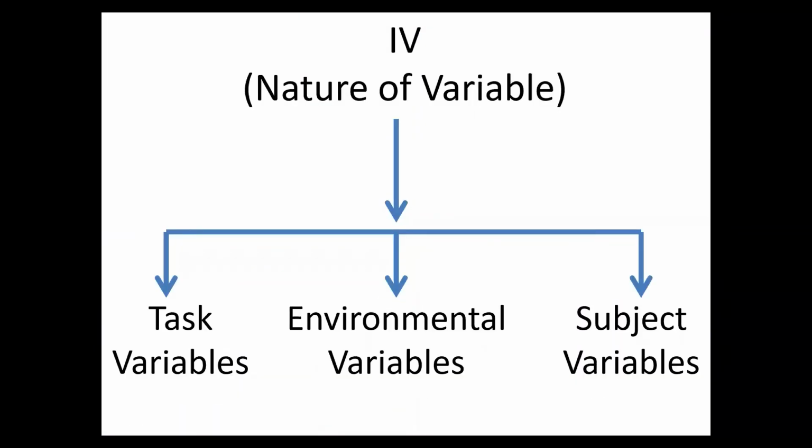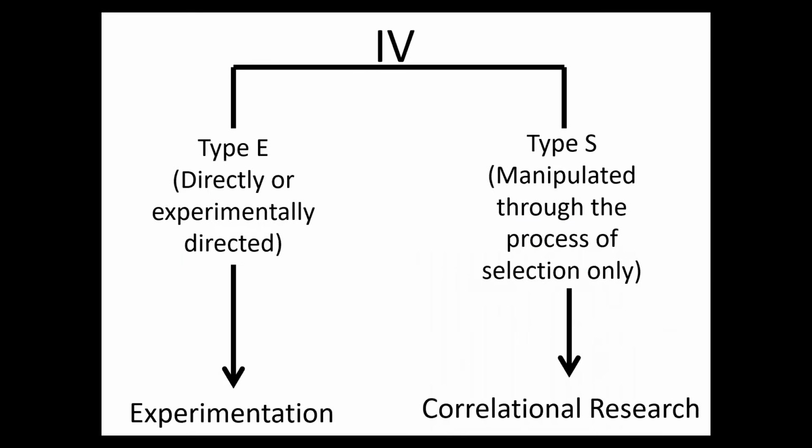This is the major classification of independent variable on the basis of type E and type S variable. Type E independent variables are those variables which are directly or experimentally manipulated by the experimenter. And type S variables are those variables which are manipulated only through the process of selection. Here, I would like